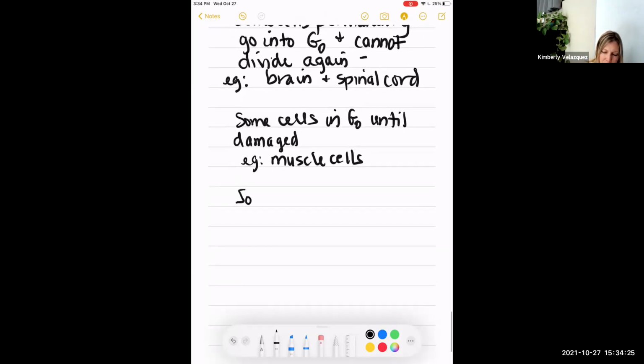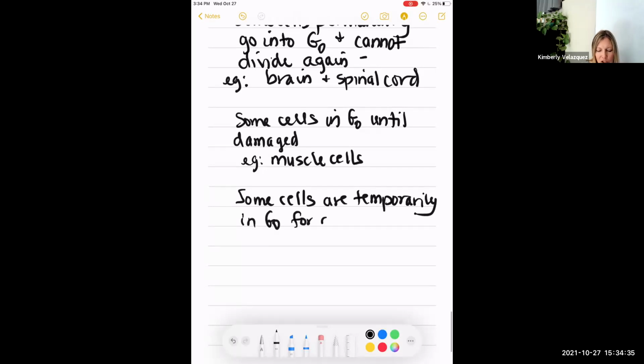And then some cells are temporarily in G0 for the checkpoint and for DNA repair, because we can repair some minor damage to our DNA. However, if it's determined during that checkpoint that the DNA damage cannot be repaired,